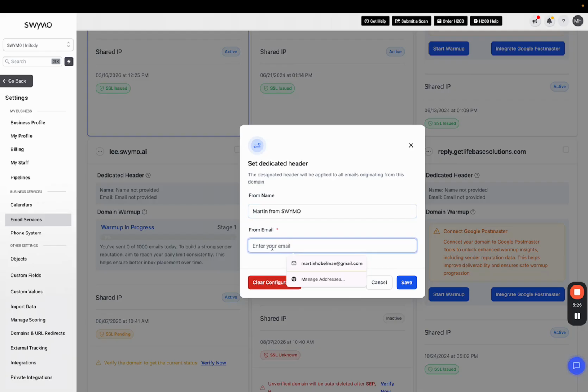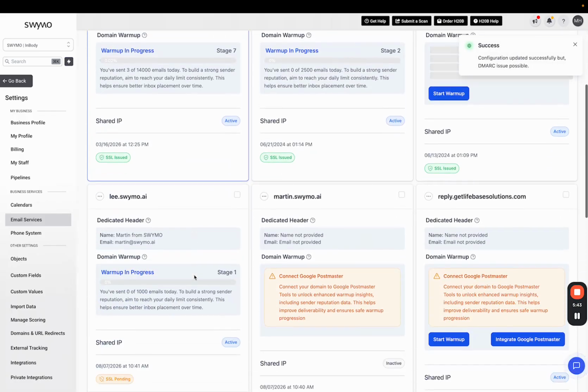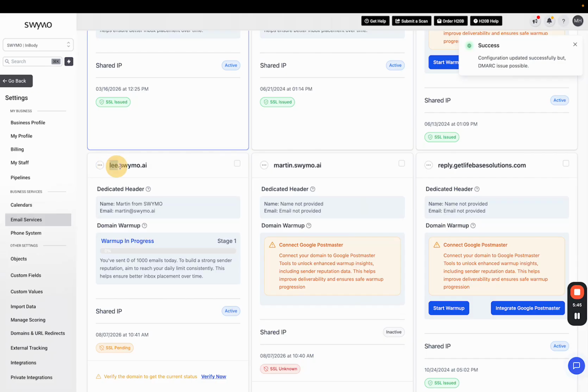And then here we're actually going to set the email address that people will see when they receive the email. So I'm just going to do martin@swimo.ai. And then I'll click Save. And now when I go down here to the dedicated domain that I set up, we can see those details